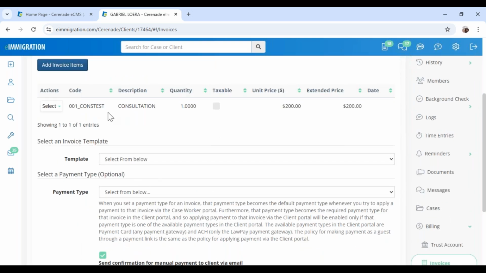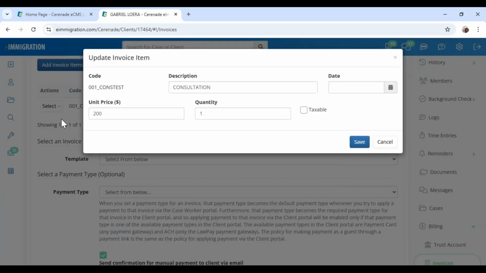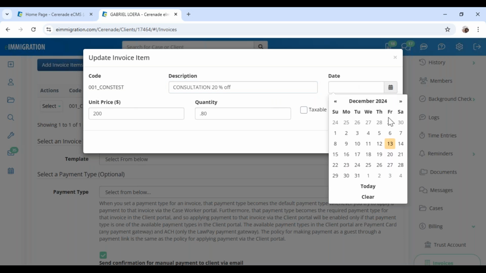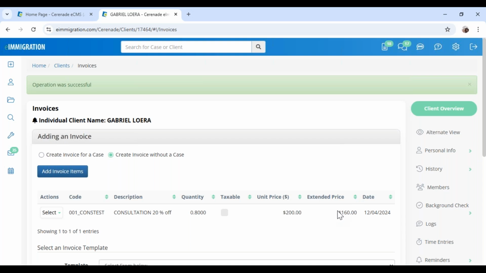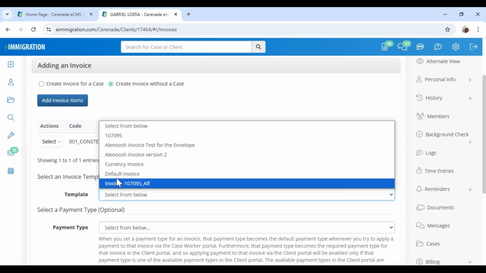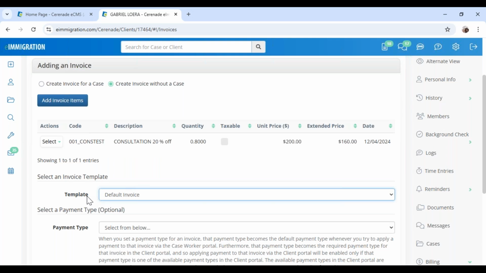and I can modify it. See where it says actions, select, edit? This is where you guys can change this. I said, okay, we normally charge 200, but I don't know, for the holidays we're giving you 20% off. So I'll just put 20 off. And the consultation happened last week. So now I click save and it shows the extended price. Regular price is 200, for you is 160,